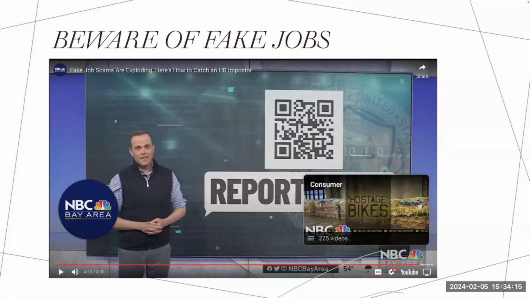So even with just that little bit of information, people might want to prey upon you for that. Another thing to look out for is that it is reasonable, if you get through the interview process, that they are going to ask you for a lot of personal information, right? Like your social security number and all that kind of stuff. That happens after an interview. But what was very interesting to me during this presentation with the scam was that it was just a text interview. And then they're like, you're hired.